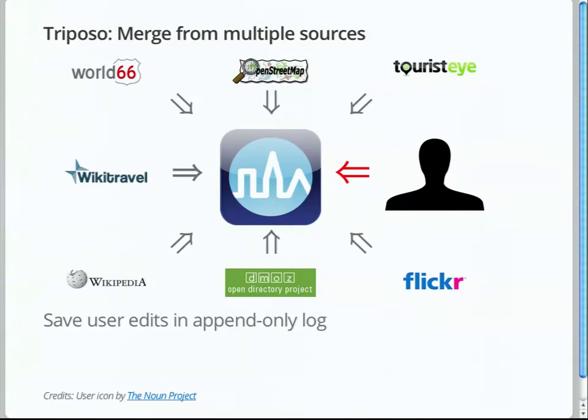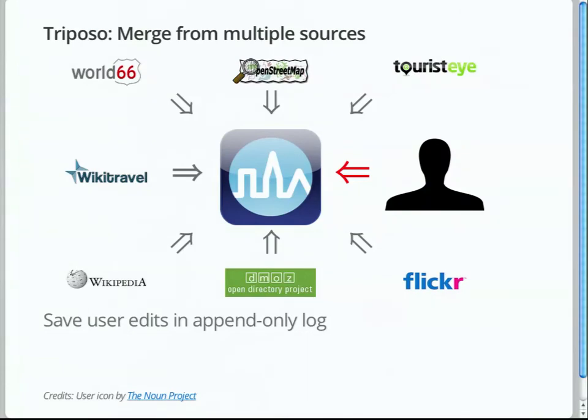But the way Tripposle handles it is just treated as yet another source, because they are already merging Wikipedia with Wikitravel and with all these other things. So it's just yet another place where data comes in. And they have some ranking algorithm and voting and whatnot, some sophisticated thing to decide what piece of data they want to go into the final shipped version of the guide. And as long as you have an append-only log of all the edits, then it's fine. Like maybe you picked the wrong one this time, but you can go ahead and rerun the processing and then